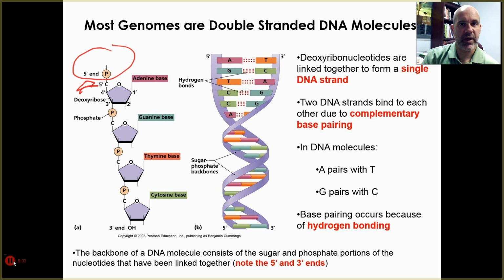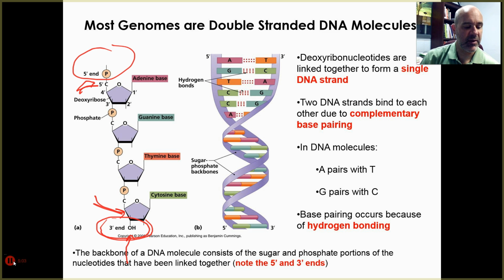It's not bonded to another nucleotide. Down at the other end, you're going to have a 3' end, and that's actually going to be a hydroxyl group, an oxygen and a hydrogen from that sugar